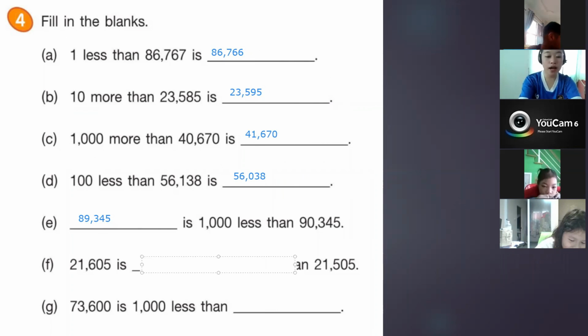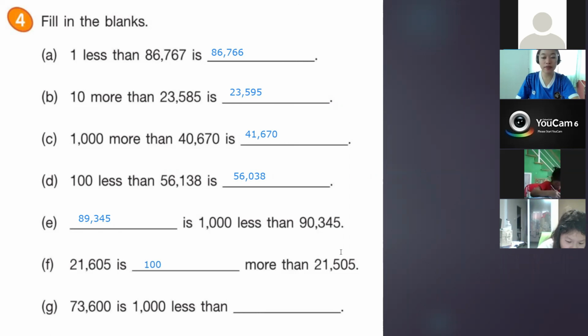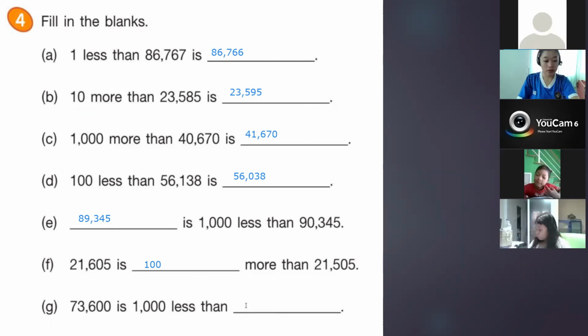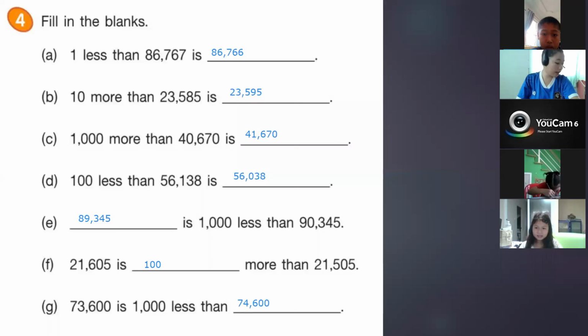So 21,605 is 100 more than 21,505. Okay, and let's proceed to the last letter. We have letter G. Okay, the statement says 73,600 is 1,000 less than blank. Okay, so the answer here is 74,600. Okay, and for letter H,